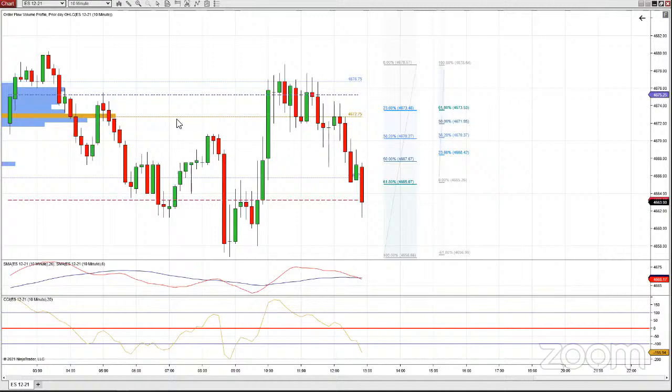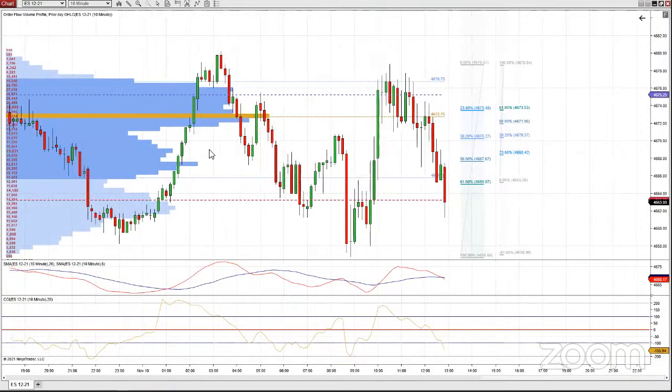The golden line is just an extension line from the volume profile point of control. And the light blue dotted line at the bottom is just the bottom of the value area. It's just kind of a visual aid to help see what's going on.